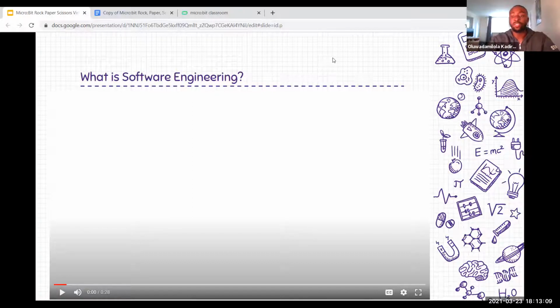So like the video said, a software engineer works with the software on a computer. And software is what works with the hardware on a computer. The software is built using code.